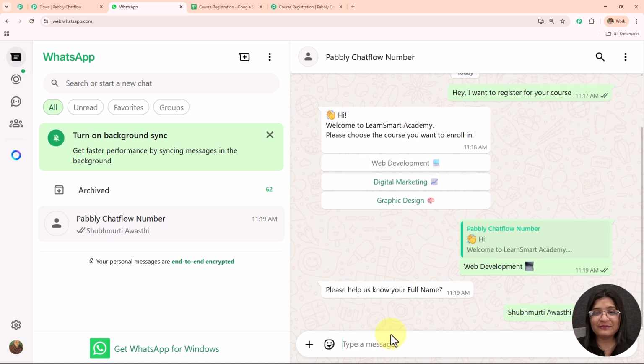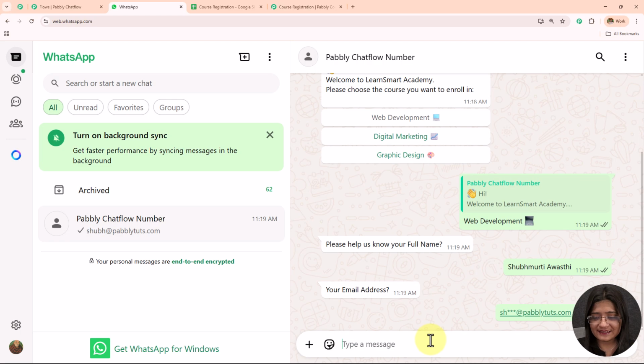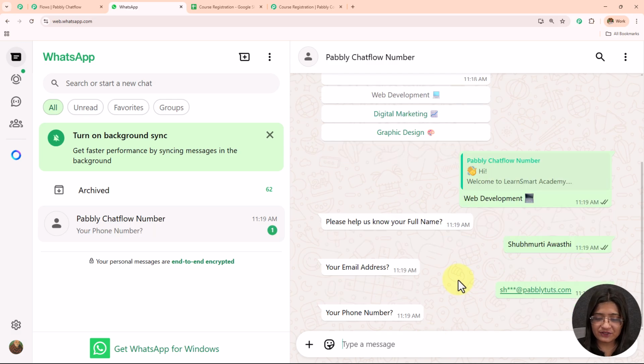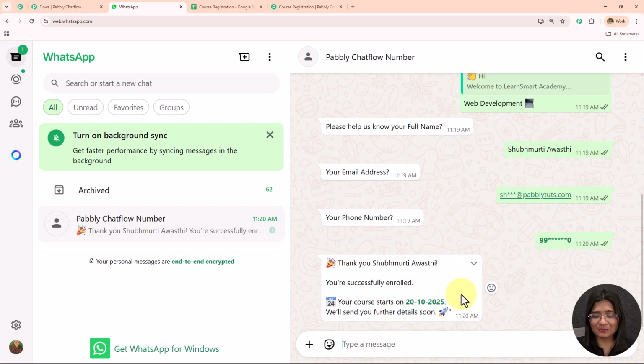So here I have sent my name. Let's wait for the next reply, and here it is. It is asking me for my email address. So I'm going to write and send this message, and then let's wait for the next reply. It is asking me about my phone number. I'm going to send this message and let's wait for the next reply,